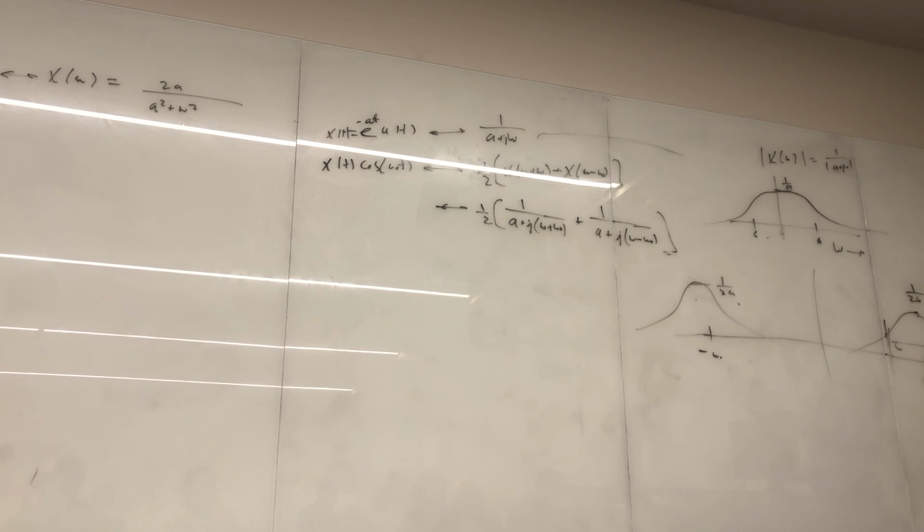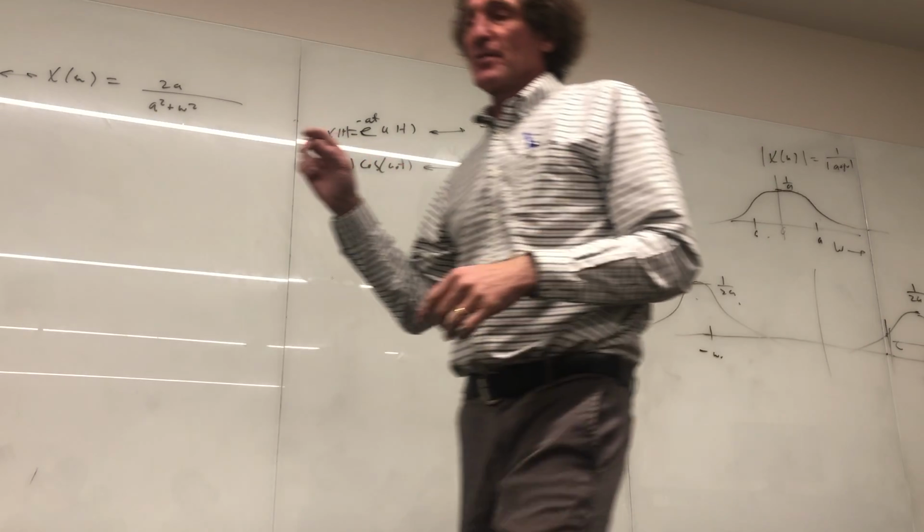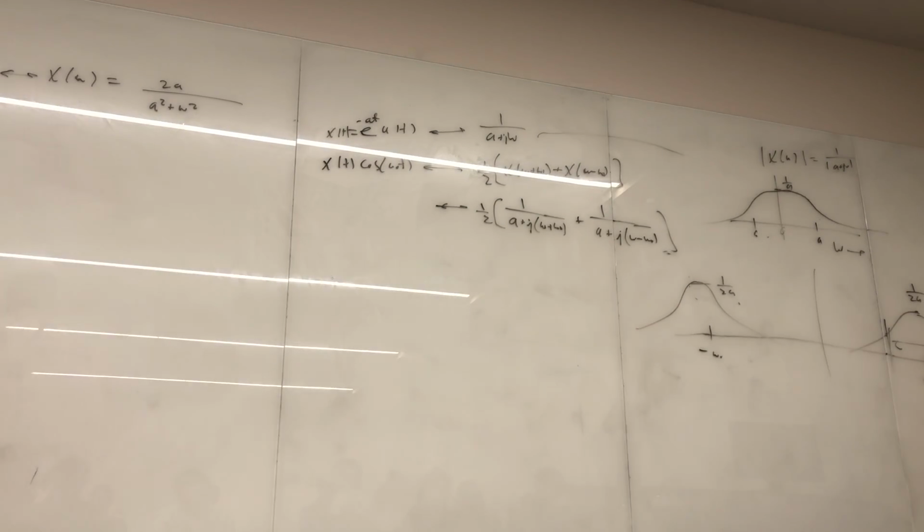Does that make sense to everybody? That's how AM transmission works. And we will get to FM, or you'll get it in communications, but that's AM transmission. And all three of these do amplitude modulation. They take the original frequency response and they shift it out to either omega naught or plus or minus omega